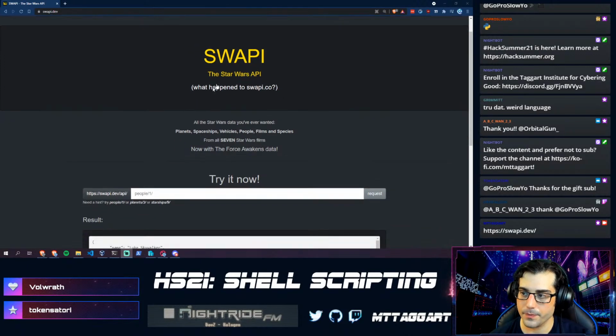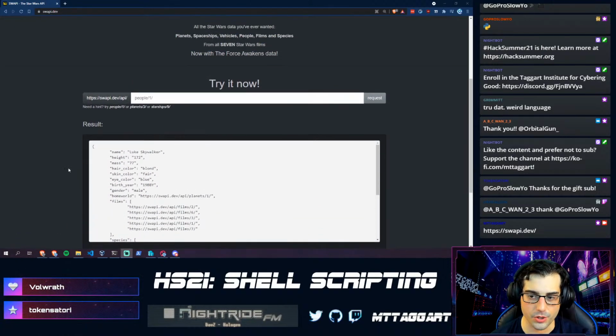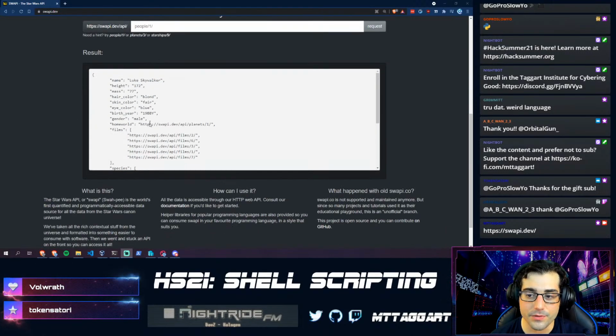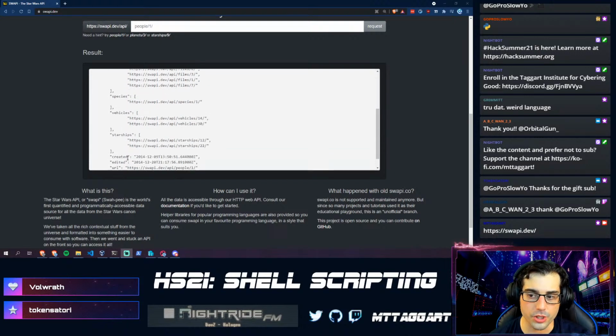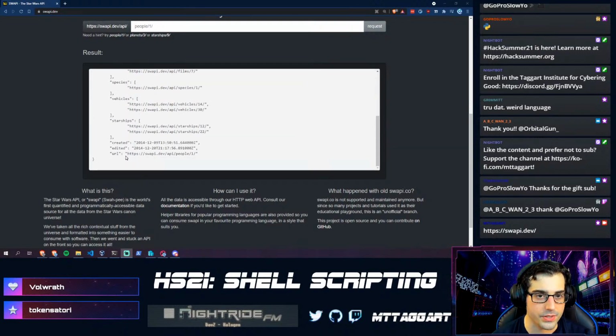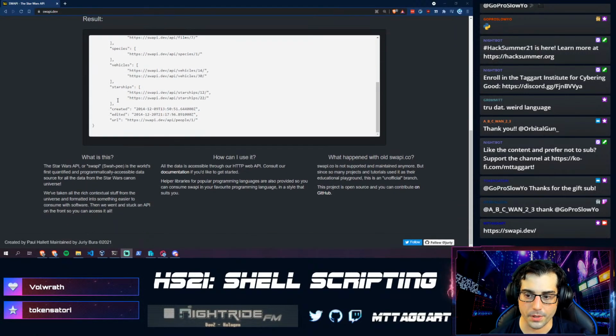Swappy.dev is essentially just a free API full of Star Wars stuff. It's really not that complicated, but it gives you back JSON results, which are great for learning how APIs, RESTful APIs in particular, work. So we're going to use Swappy to play around a little bit.